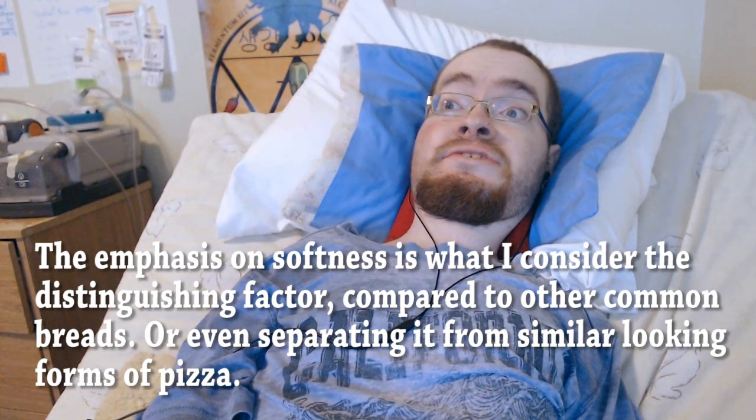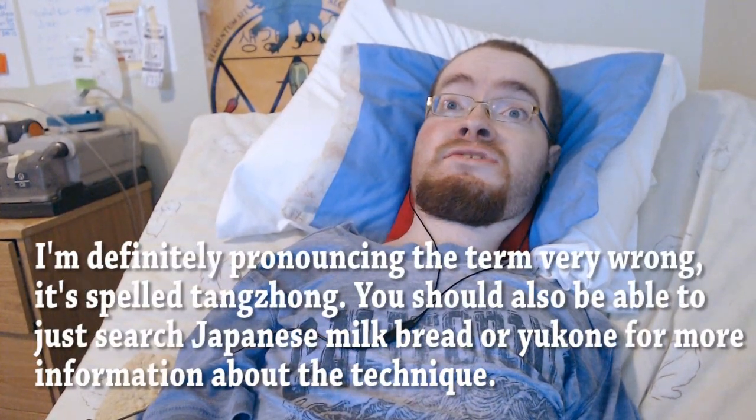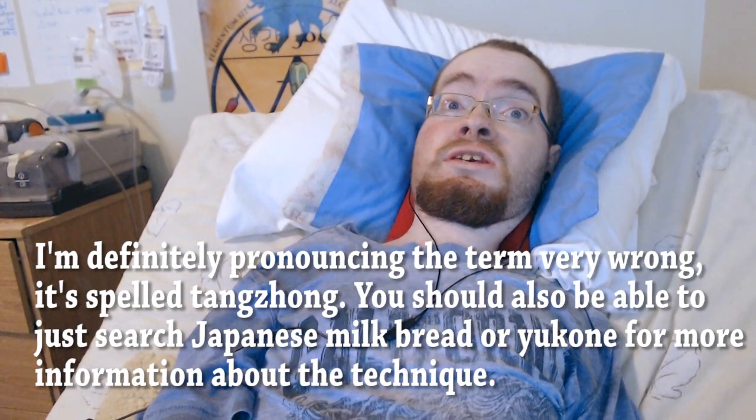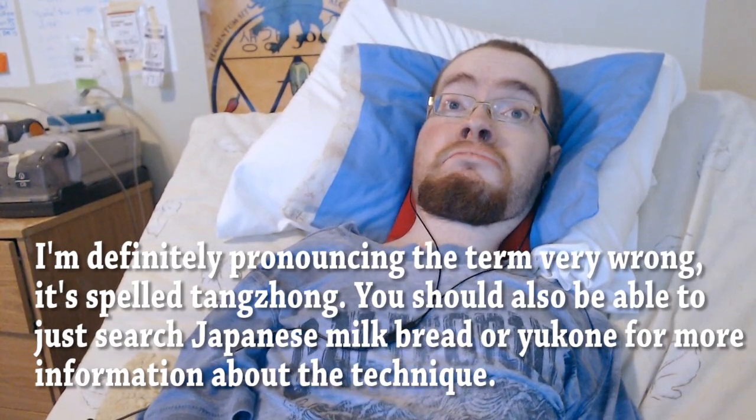The problem is, as hydration goes up, it's also a lot harder to work with. Now, it is a complicated recipe, but I at least wanted it to be somewhat user-friendly. So I decided to borrow a technique called Tangzhong, which you may have seen in recipes for something like Japanese milk bread. You essentially take a small amount of flour and some of the liquid in a recipe and pre-hydrate